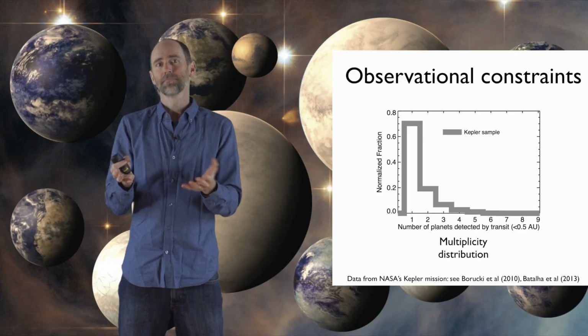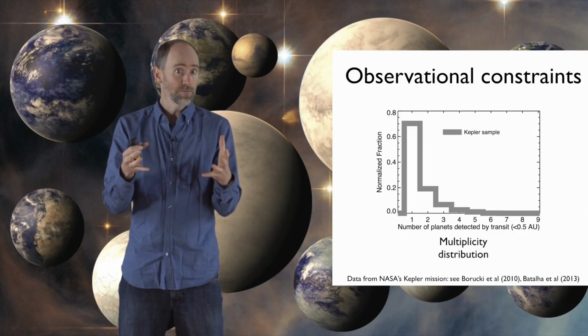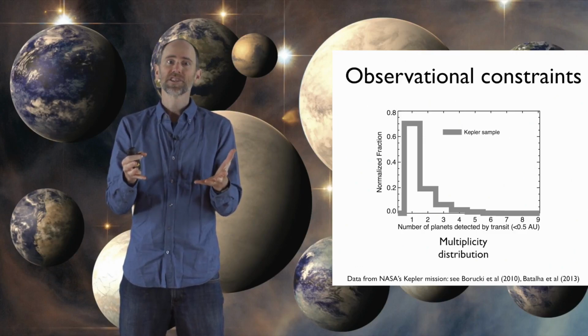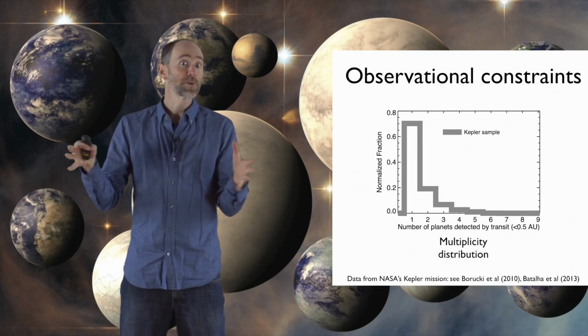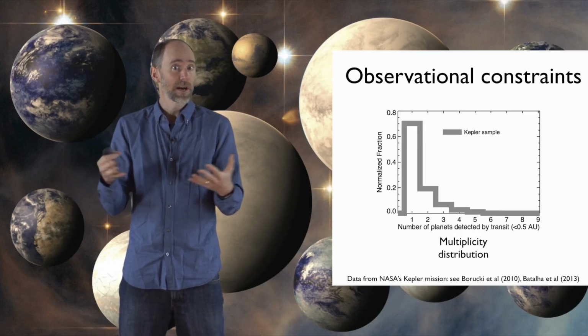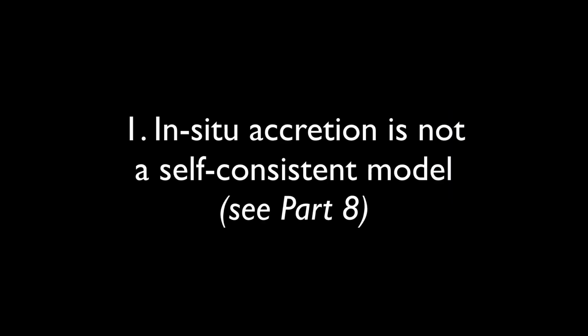That's called in situ accretion, and it is a model that does not work. And there's a whole other video of the MOJO project dedicated to explaining why that is, so I'm going to leave that there for now. The MOJO project's contribution here has been to show that the super-Earth's orbital configurations are consistent with those planets having formed farther from their stars and migrated inward. And I'll explain that in more detail.